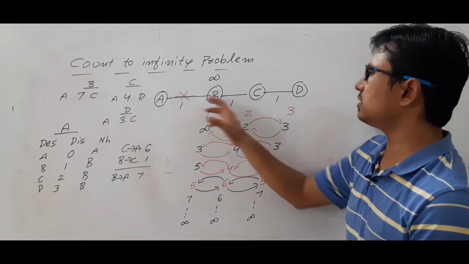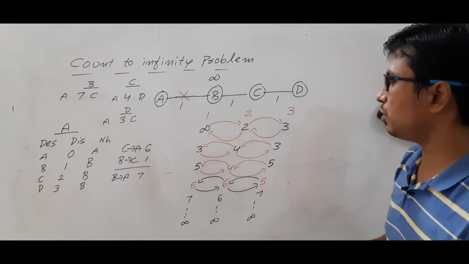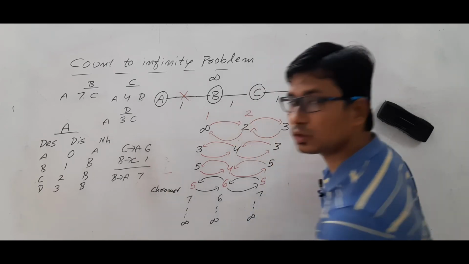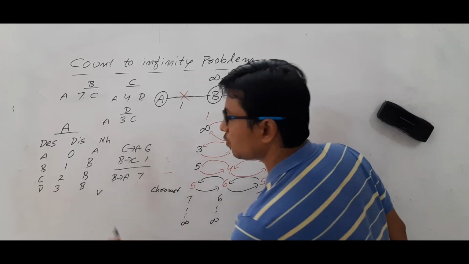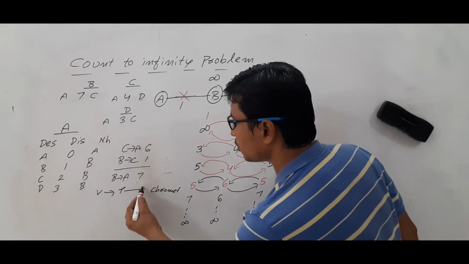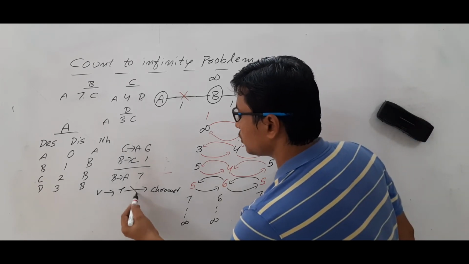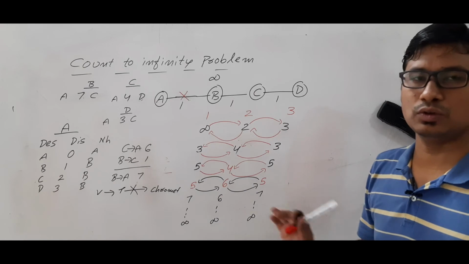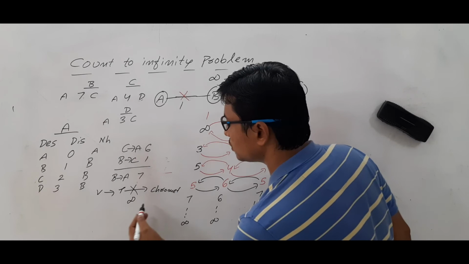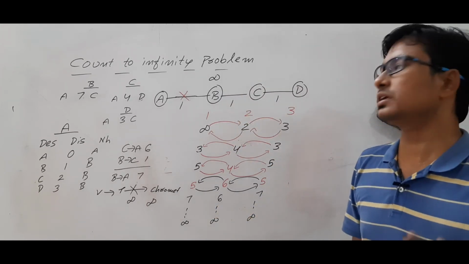How is C getting A's information? Via B. Let's take that you want to go to Chromepet in Chennai, from Vandalur. Then what will you do? From Vandalur to Tambaram you will go, and from Tambaram to Chromepet you will go. Now what will happen if the Tambaram to Chromepet road is blocked, meaning there is no road? Let's take that as infinity; I cannot go. Then the Vandalur to Chromepet road also will become infinity. Obviously it is going to, but it happens after so many iterations.